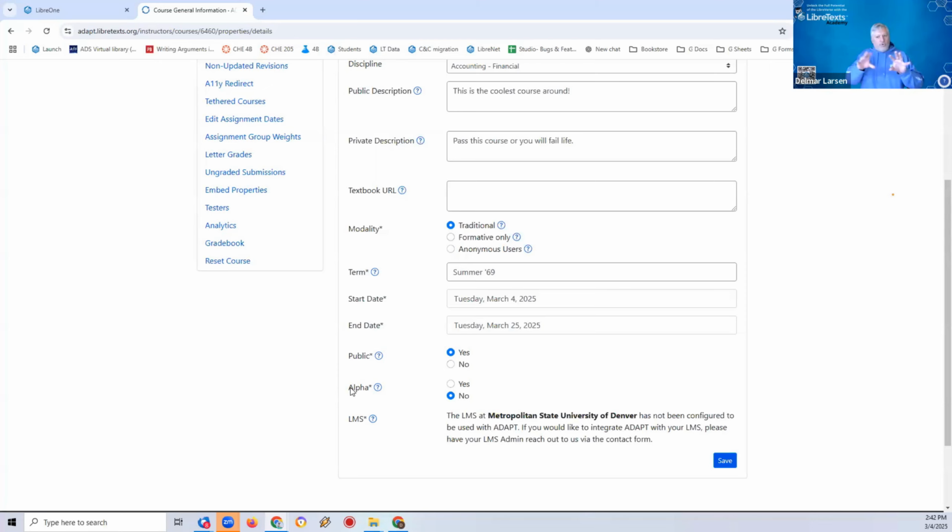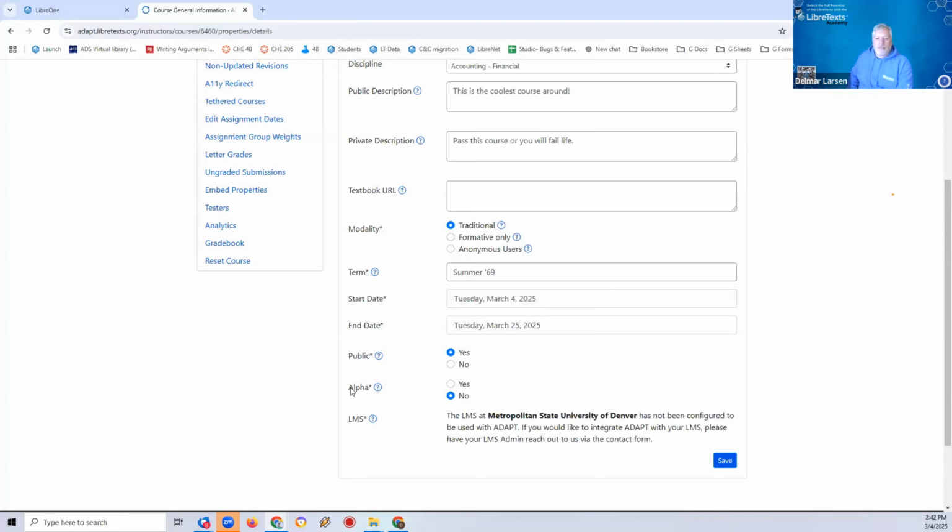That's convenient if you have a whole lot of classes that you're teaching and you want to teach them in an identical fashion. You can have an alpha course that you tweak and then import it and move it off there. It's also convenient if you have different instructors teaching the same class and they want to import it. Instead of making a copy of the original course that they import, it gives you the ability to tether so you can update and fix things, and then everyone can benefit from that.